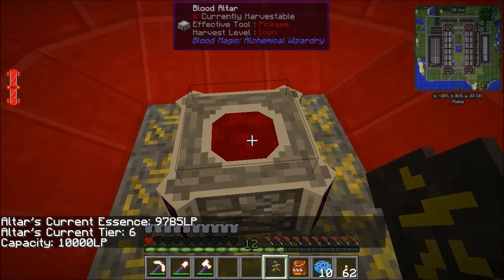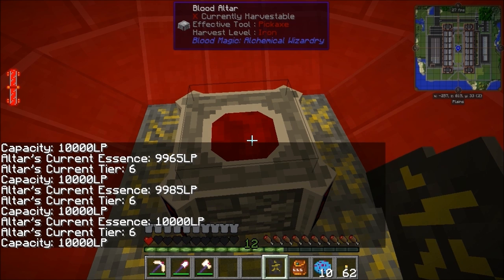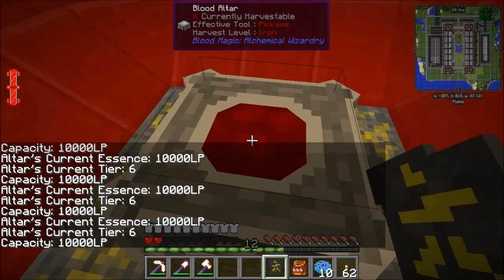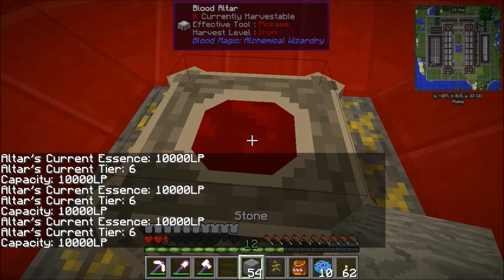Basically, what we're doing there is that's going up, but we're only getting 20 LP a second. Now that's full. My health's going to start going back up, because when it's full, it doesn't actually take anything off you. But that's no good really for us, because if you put a bit of smooth stone in there, turn it into